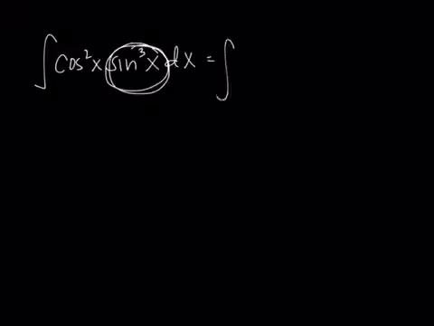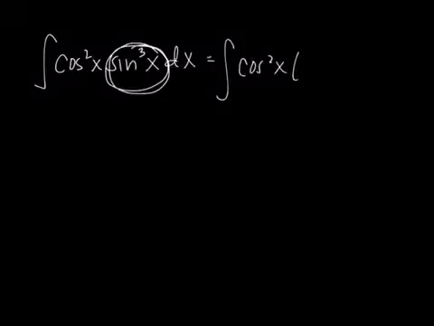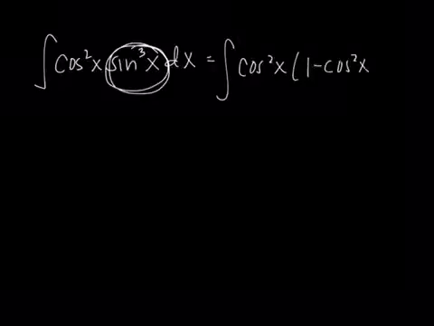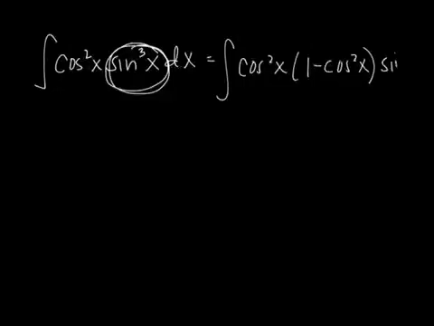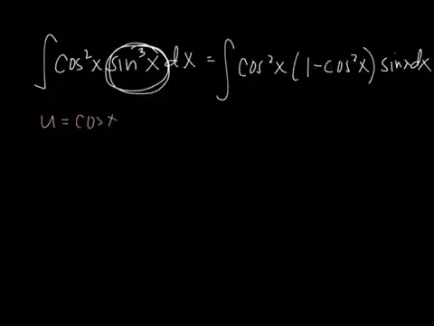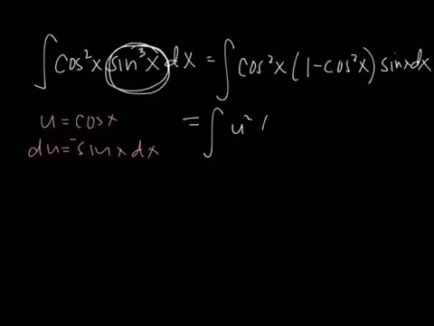So I can rewrite that as cosine squared of x times 1 minus cosine squared of x with a leftover sine of x dx. Now my u must be cosine of x, so that my du can be negative sine of x dx. And now I have the integral of u squared times 1 minus u squared. There's my du, negative. So negative du